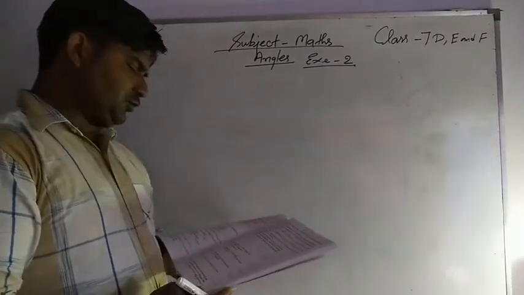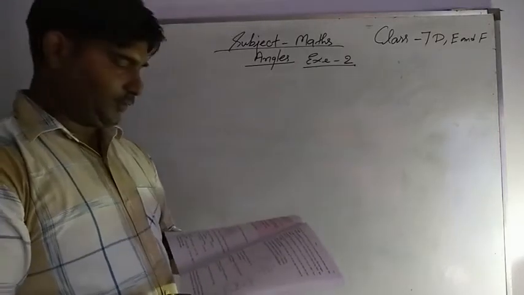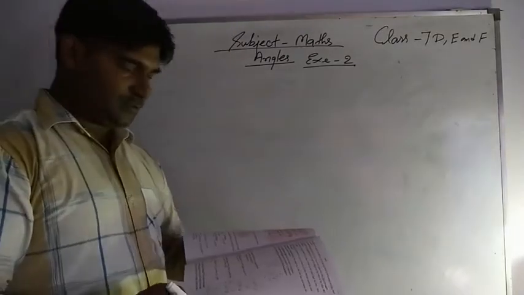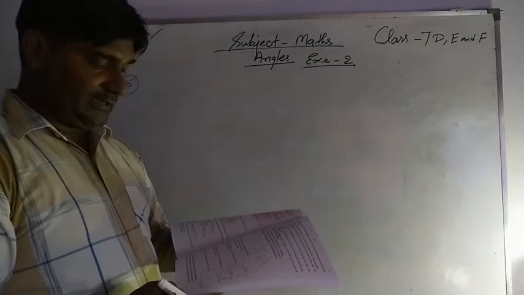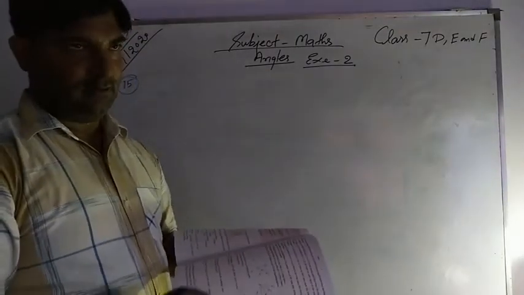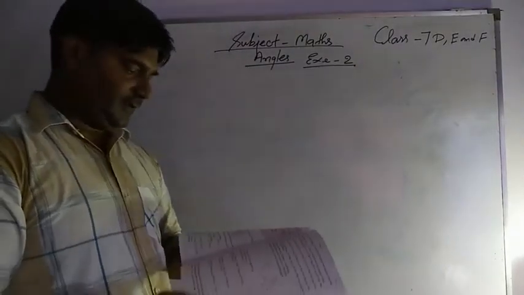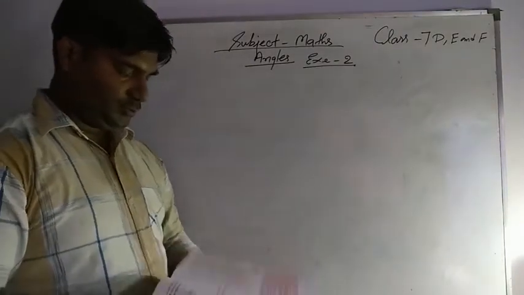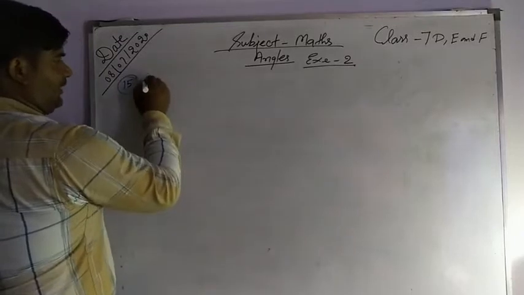Now question number 14 is the same as I have explained, so this is the homework for you. Now I am going to explain question number 15, and it has three parts. The first part: one of the angles forming a linear pair is 60 degrees, find the other angle. Linear pair means the sum of the two angles is equal to 180 degrees. One angle is given, then we are going to find the second one. So we write here the solution of the first part of this question.